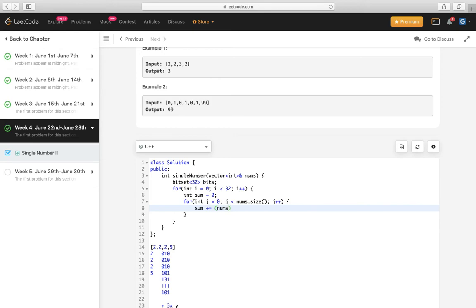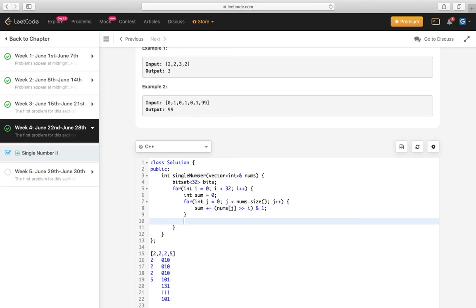We can do it by this operation, which basically tells us if that bit is set or not. If it is set, then sum is equal to sum plus 1. If not, then sum is equal to sum plus 0.